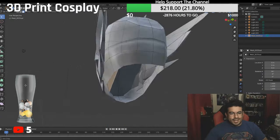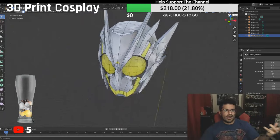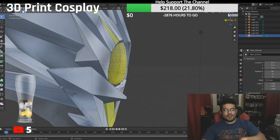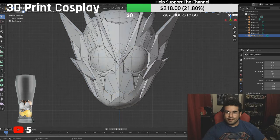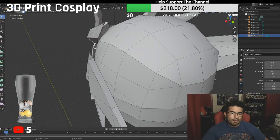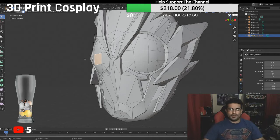All right. See, this is a game ripped model. As you can see, it looks like it has detail, and it looks like it's already ready for 3D printing, but no. Because look at this, the face, everything is linked one on top of the other. This is not supposed to be like this. And if I take away all the color, you can see that everything is not fused. These are all separate pieces. This right here is basically these back pieces. If I go there, you see, it all connects to the centerpiece right there. You see the eyes right here, they connect to the bottom. So I would have to take everything that's here,